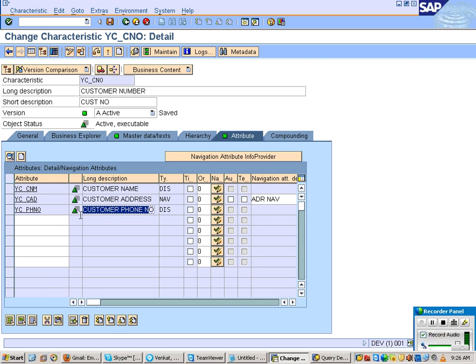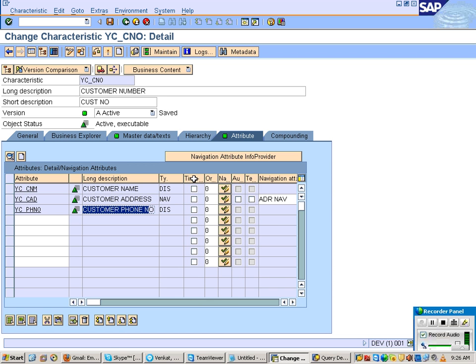Suppose right now my phone number is a display attribute, and I want to convert it into time dependent. So what is it now? Can you see what is it? A small checkbox is here. So just click on this. Now this is a time dependent